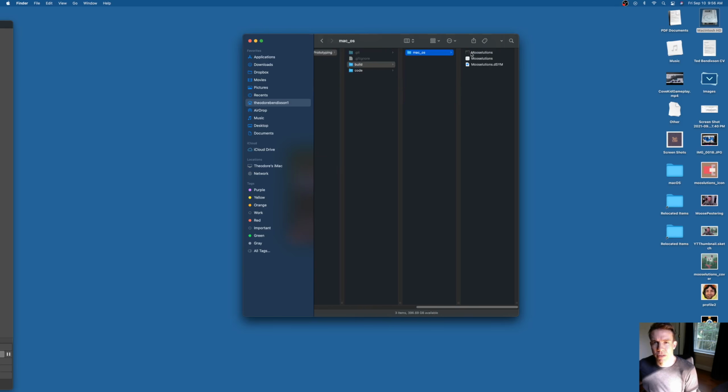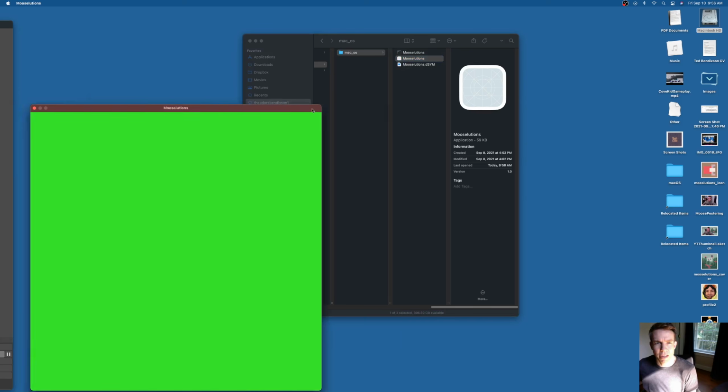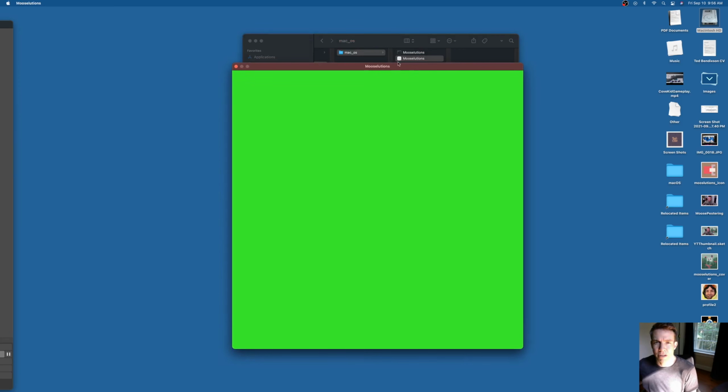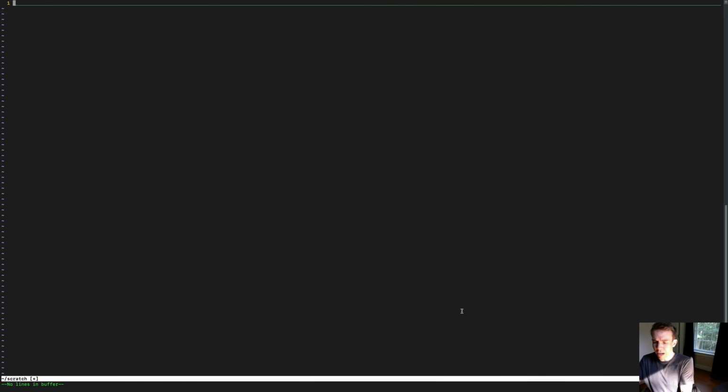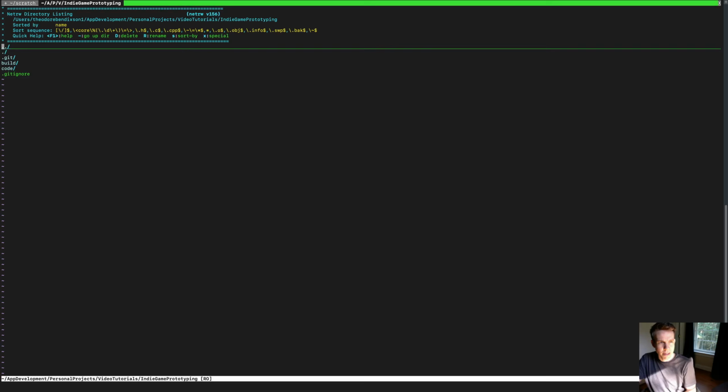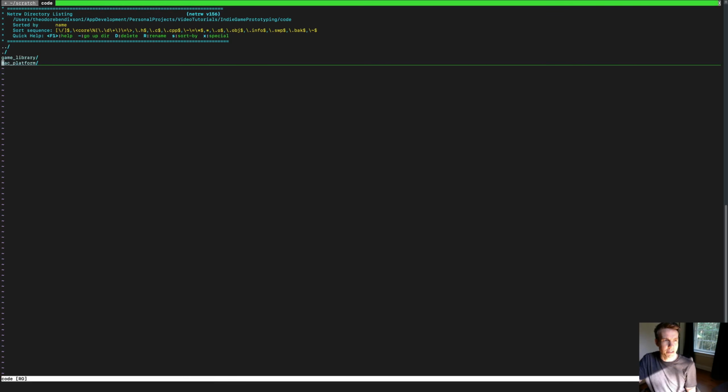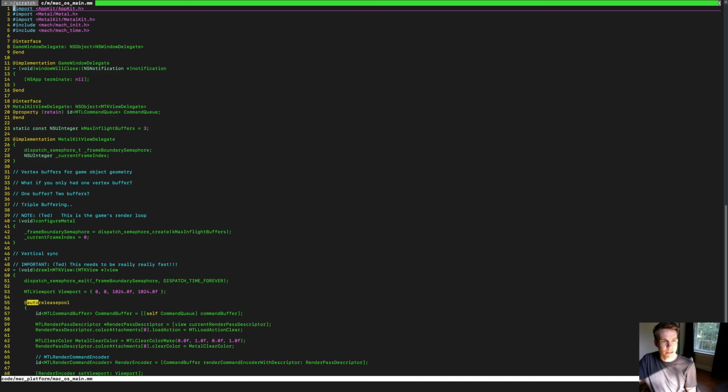If we run it, we've got a green screen, and that green actually matters because it's the same clear color from Metal. We are actually drawing into a Metal view that gives us this green color. So if we look here,